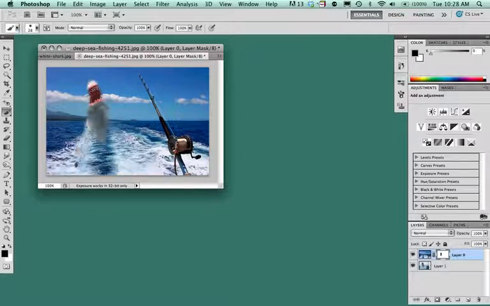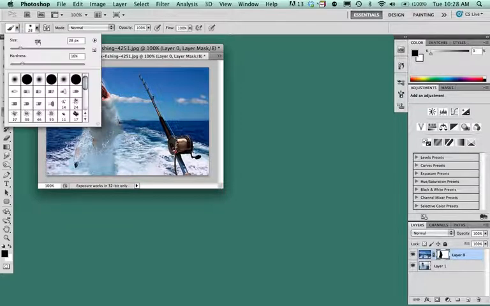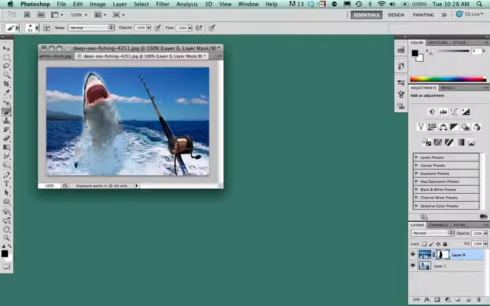So let me just paint this in a little bit. We don't have to be real perfect here because we're going to go back and perfect it a little bit better once we get this image here. Okay, so I'm painting this in, and I can increase the size of the paintbrush a little bit, maybe to make it a little bit quicker. Okay, so we pretty much got that in there. Looks fairly realistic actually,